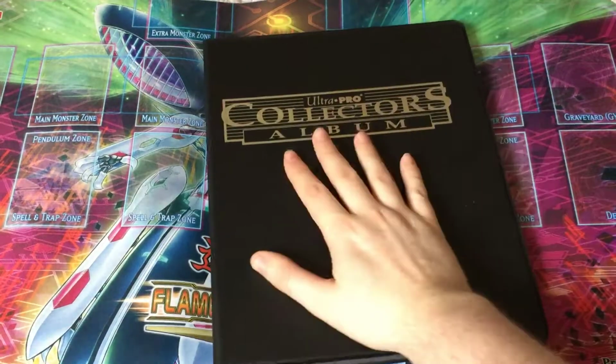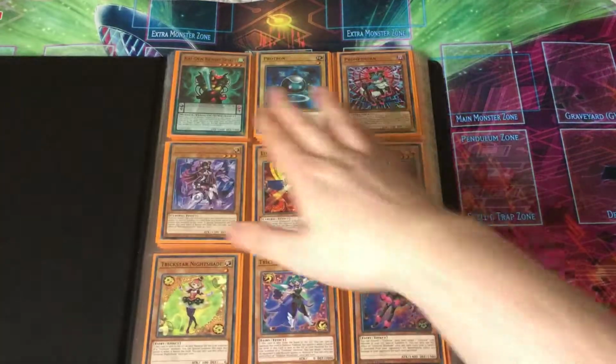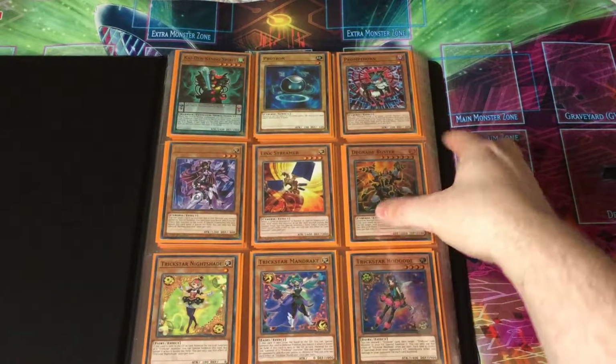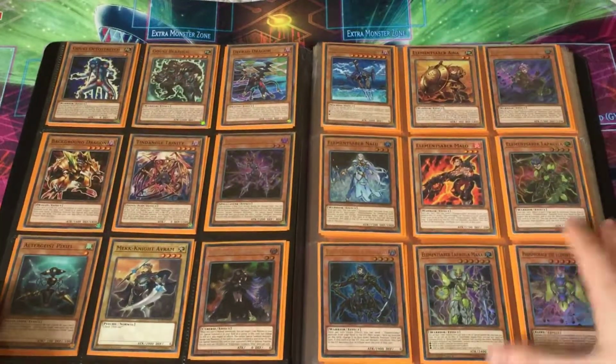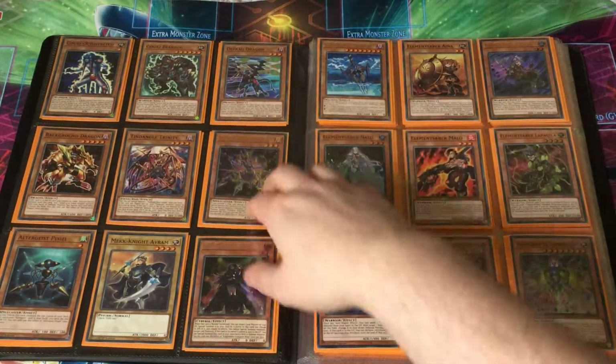So this binder is my master set. It's one of every card. So here we go. Starting off with a bunch of the commons, the Cyburst stuff. Degrade Buster came in really handy in the sneak peek. Some Trick Stars. I've not actually looked into too much how good the Trick Star stuff is, but there we go. Our first ultra rare is Altergeist